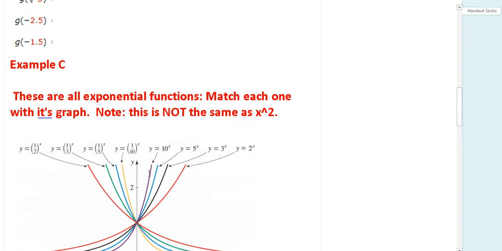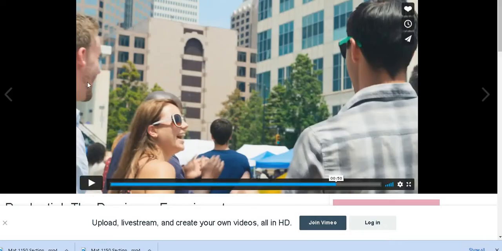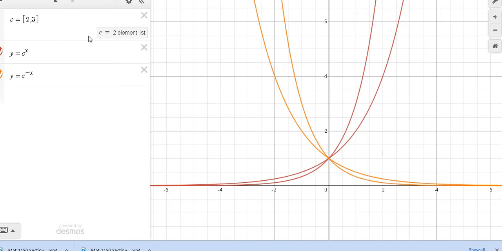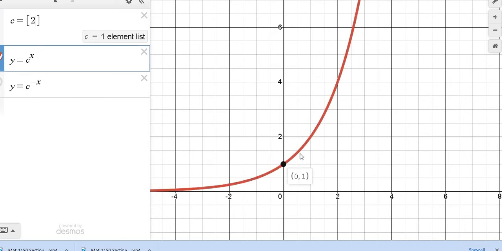Okay. Now, all these are examples of exponential functions. So let's take a look at exponential functions and really try and understand them a little bit more. So that would be stuff like this. And let me make it a little bit easier to see here. There you go. Let's just do this. Let's do 2 to the x power. This is a very, very fast growing function.